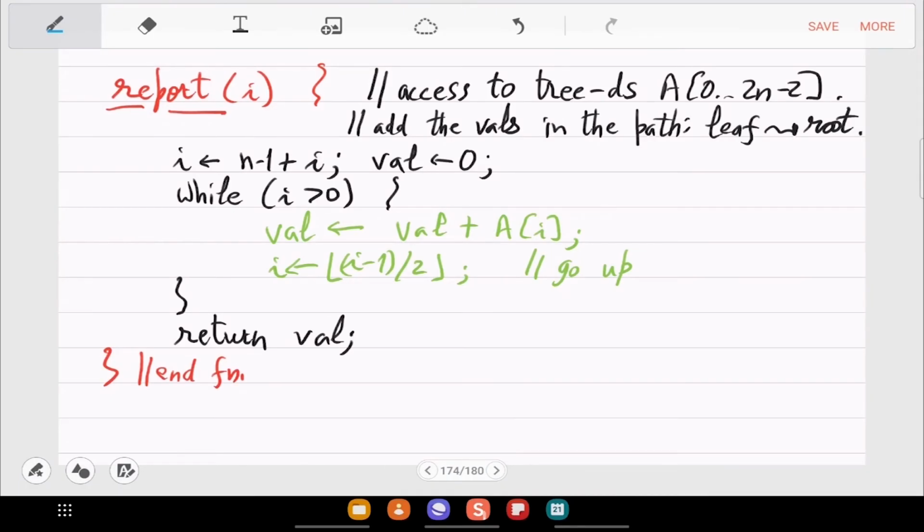Is this clear? This is why we were storing the increments, so that when we report, we can add them up in the search path, which can be seen in the example. For example, you wanted to report the value of 5. How will it work?